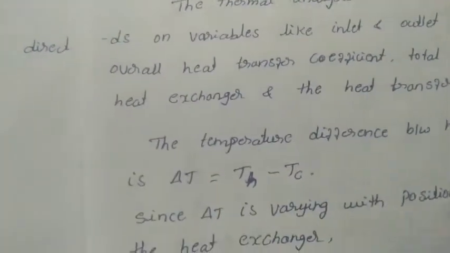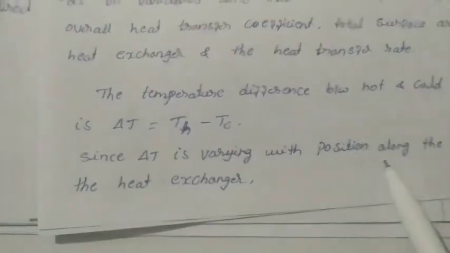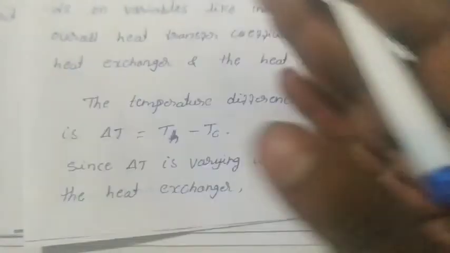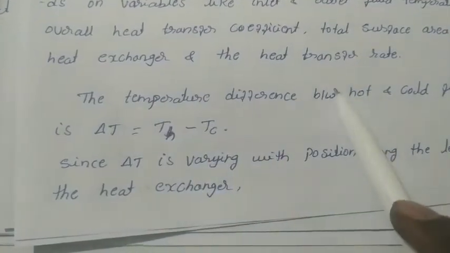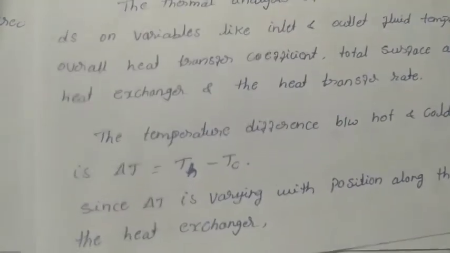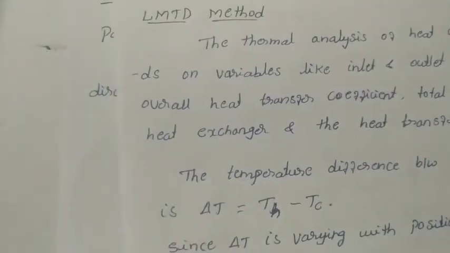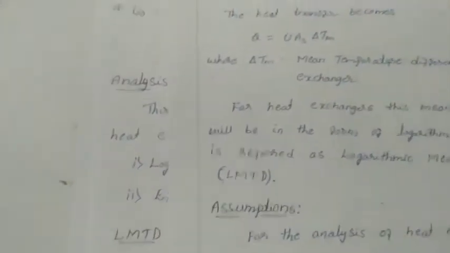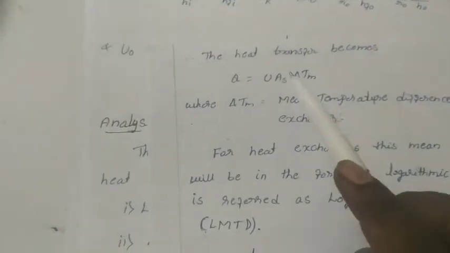Look, I'll mention here: delta T varies with position along the length of the heat exchanger. When we move from one position to another along the length, delta T also varies. That is, the change in temperature is not the same at all positions. Hence, we have to take the mean value of the temperature. So the rate of heat transfer is given, as per the overall heat transfer coefficient concept, by